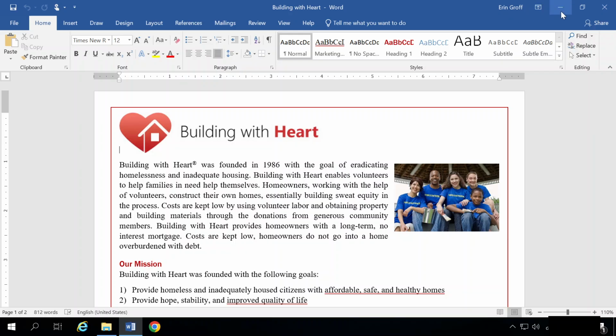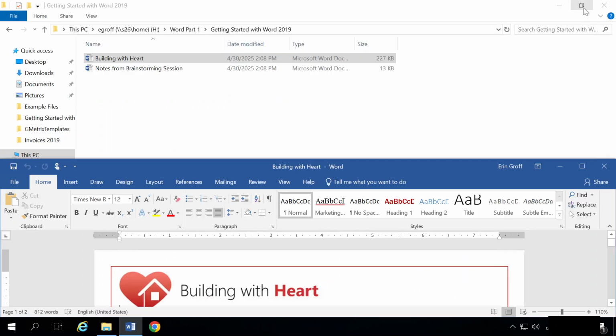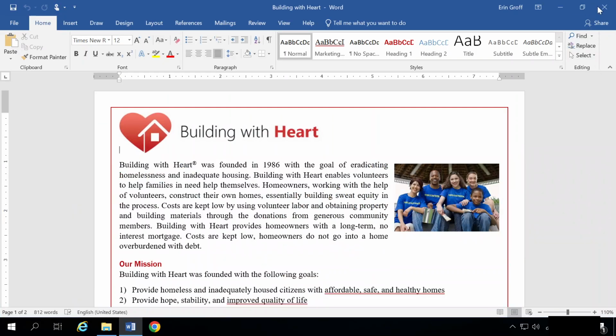In the top right-hand corner, I have my minimize, my restore down or maximize buttons, depending on how expanded your application window is right now. If I was to restore that down, then it becomes the maximize button. Your close button, you have your share button,